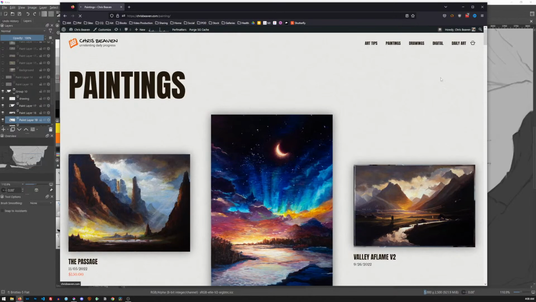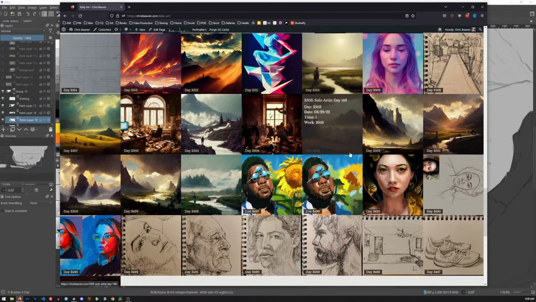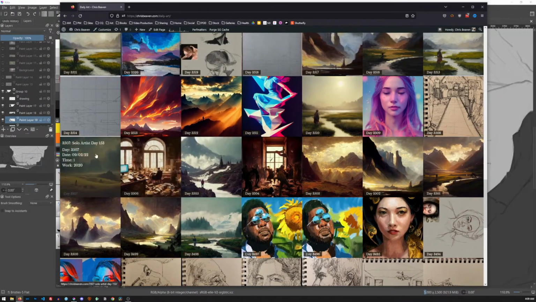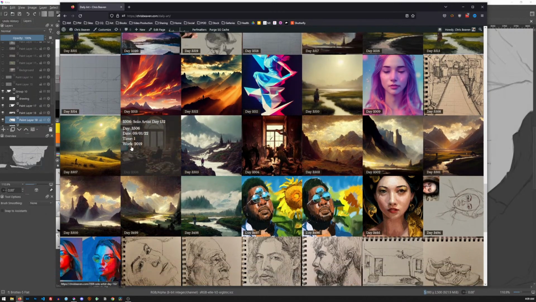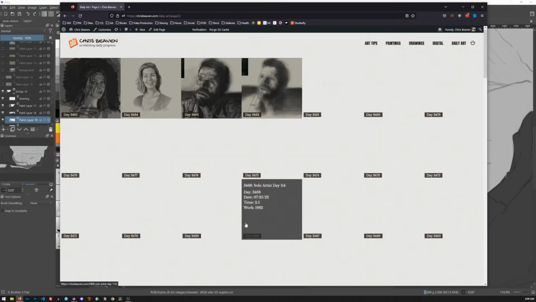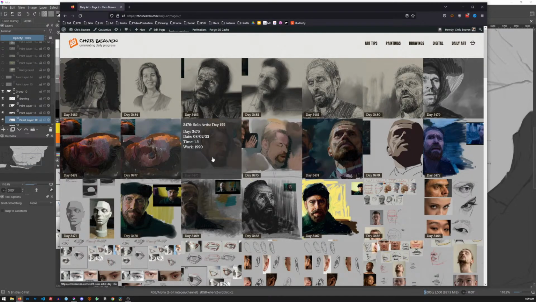Then if you really want to see what I do every day, especially digitally, you can go way back in time because I log every single day. A lot of AI influence that I was working with and kind of painting over. Kind of jumping out of that, doing a lot of portrait drawing and painting digitally. This was a lot of fun because I was working from